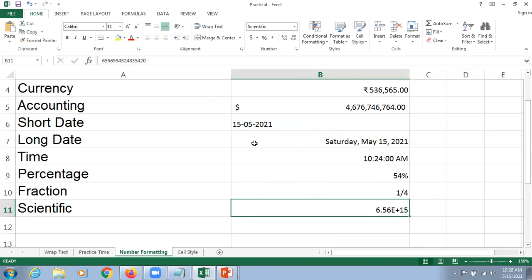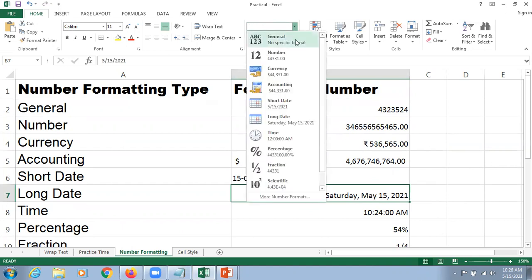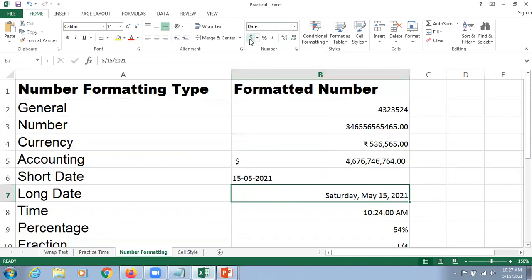So the conclusion is that if you want to perform any kind of formatting regarding the numbers, you can just come here to the number group. A list of different number formats will be there. Remember the symbols as well, which is very important here. In the lower part of that number group, we have the accounting number format, the percentage style, Control plus Shift plus percentage, the comma style, an increase decimal, and a decrease decimal.